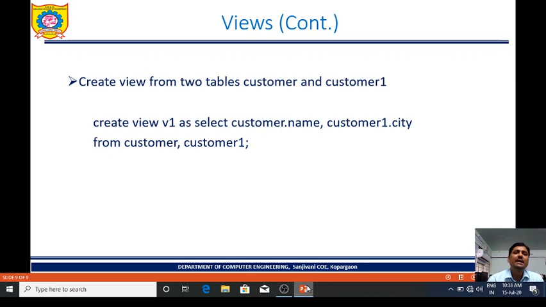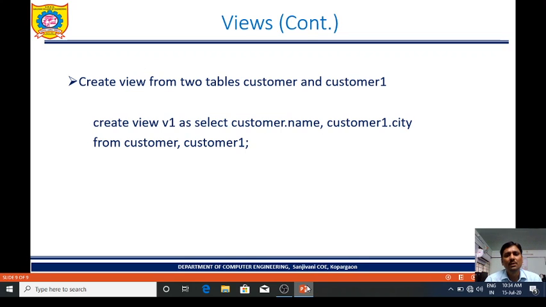The query will be: create view v1 as select customer.name, customer1.city from customer, customer1. Here customer.name is an attribute from the customer table, and city is an attribute from the customer1 table.